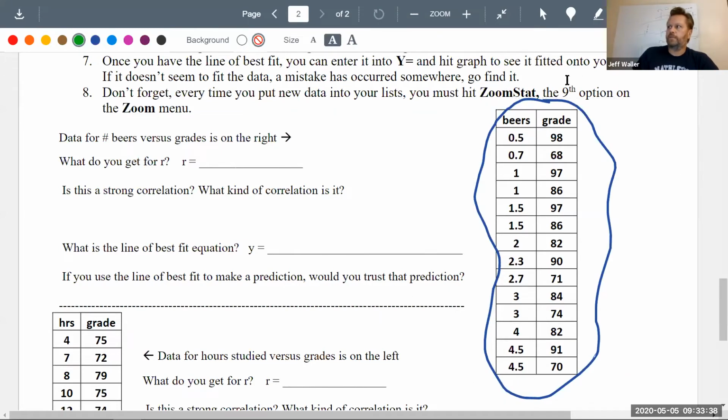Take a minute and put it into L1 and L2 in your calculators. Now, hopefully, nobody has any issues with something that approximates the calculator. If you don't have one, you're going to need something, so you should reach out to me and we'll figure something out. There's all kinds of apps you can put on your phone,